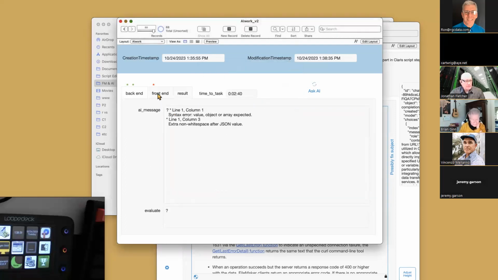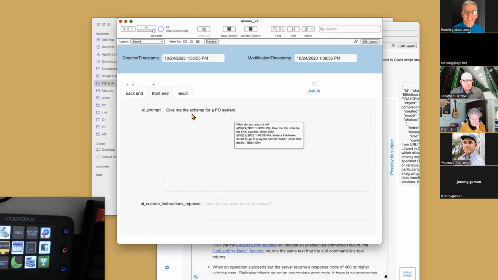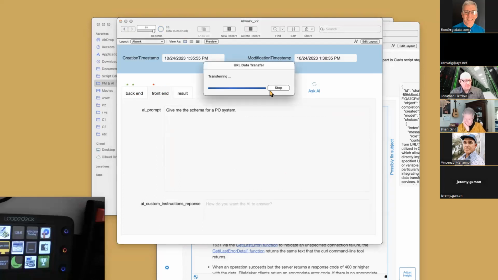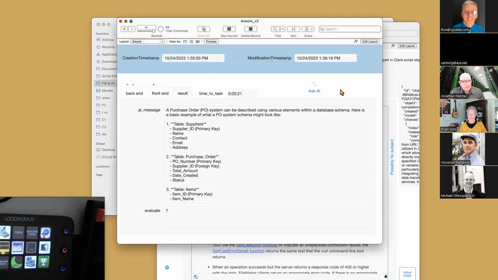Oh, something went wrong. PO system. Oh, no, that's okay. I have everything. Not sure. Seems to me like that question is just a little too non-specific. Too skinny, yeah, probably. Say for a FileMaker solution, because schema could be a variety of things, right? Well, what I'm expecting is just the basics for a PO system. Right, but does it know what you mean by schema? Oh, it does. Oh, okay. Yes, there indeed you go.